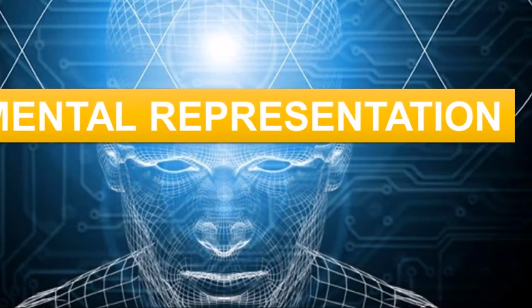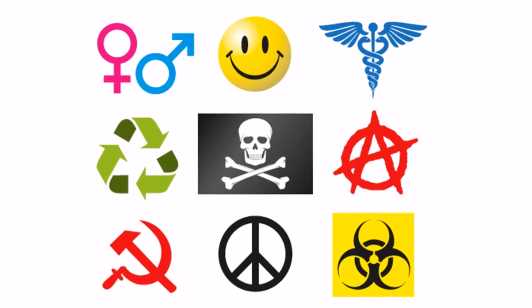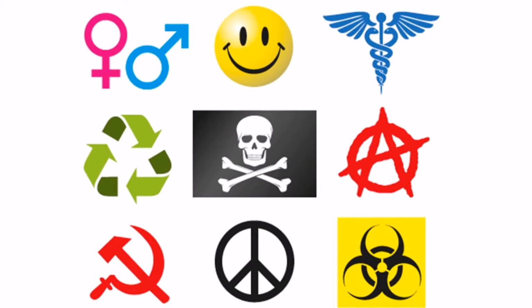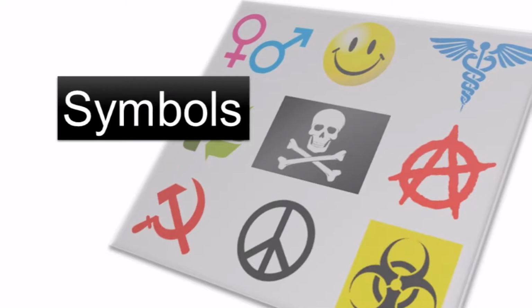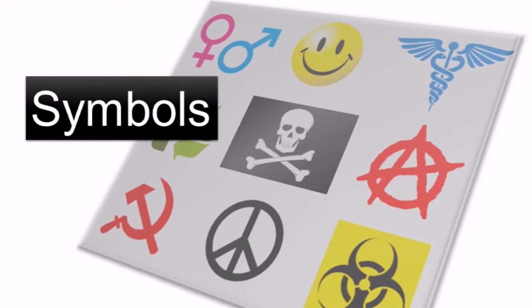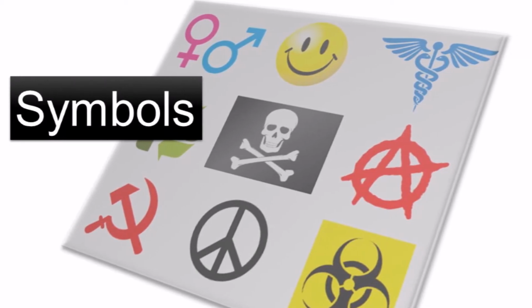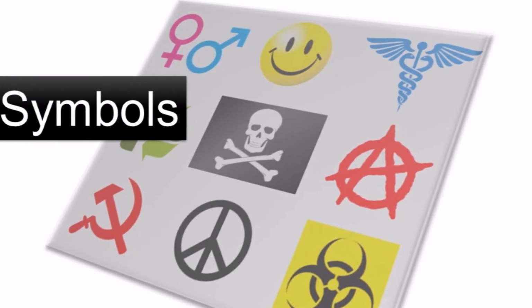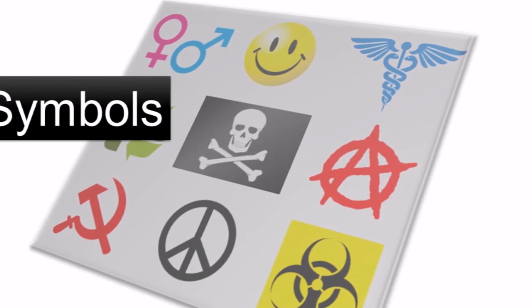Mental representation. A representation is a label or symbol that stands for something in its absence. Internal or mental representations are the product of perceptual processes and the means by which we store information in memory. There is a debate about whether mental representations are analogical, sharing features with the thing they represent, propositional, in the form of abstract, meaning-based symbols for objects in the world, or distributed as patterns of activation across neural networks.